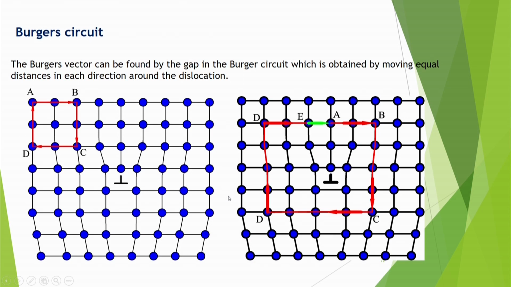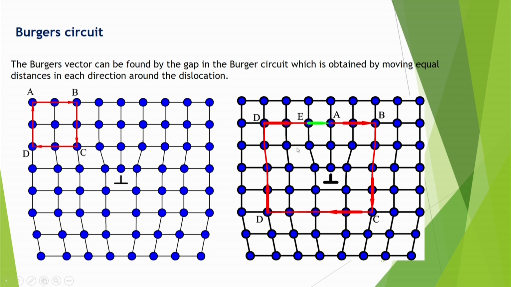And then, how do we quantify the edge dislocation? This edge dislocation is quantified by the Burgers circuit. We make a Burgers circuit and we obtain the Burgers vector. Suppose we start from a point called A, move in the clockwise direction, go to the point B, then we go to the point C, then we go to the point D, and then finally we go to the point A. If we do this, then we reach the same position. Okay, it is a regular arrangement.